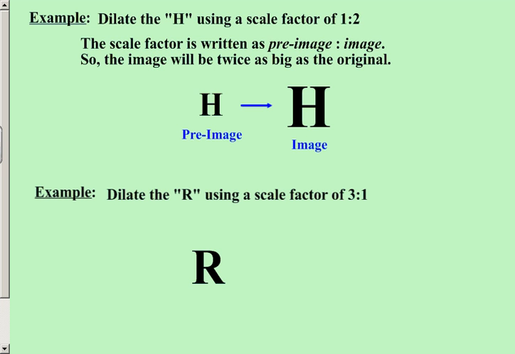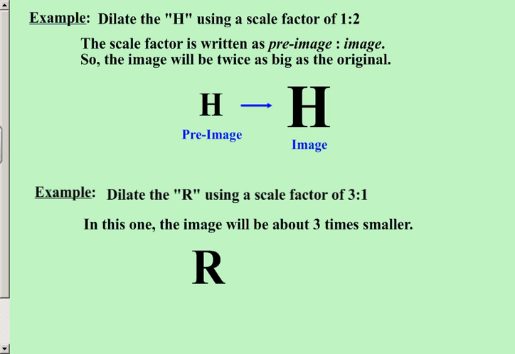Dilate the capital R using a scale factor of 3 to 1. Once again, the first piece of information represents the pre-image. The second piece of information in the scale factor represents the image. So we have a big number becoming a smaller number. That means our image is actually going to be reduced in size. In this case, we're looking at an image that is about 3 times smaller than